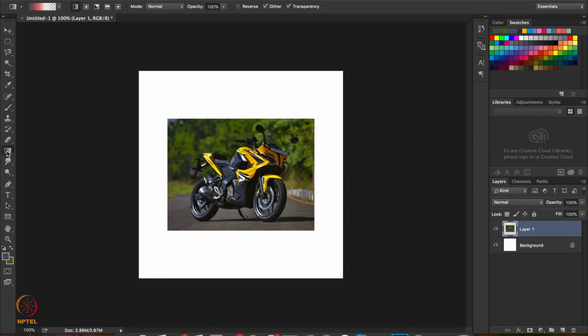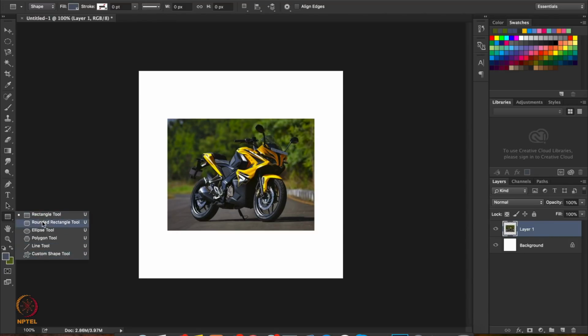So the next tool is the gradient tool. A gradient is actually a combination of two or more colors. For example, I can demonstrate it using the shape tool. The shape tool is just to create any type of shape. You have different options. For example, I'm going to create a rectangle over here,